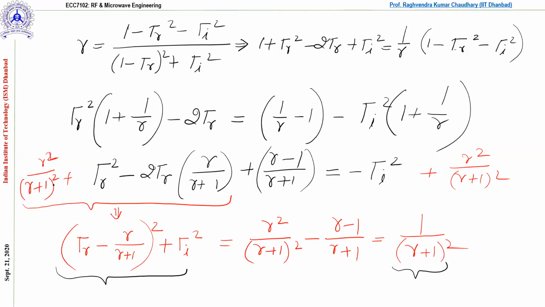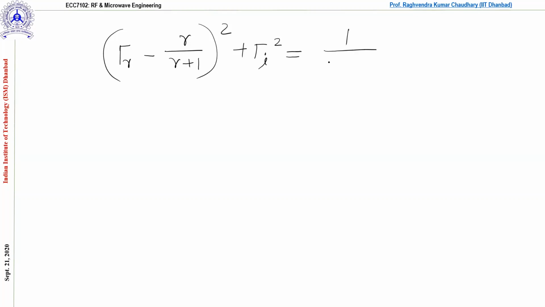Okay. Now the thing is, if I write this equation and try to match these things, this will be gamma r minus r over r plus 1 whole square plus gamma I square is equal to 1 over r plus 1 to the